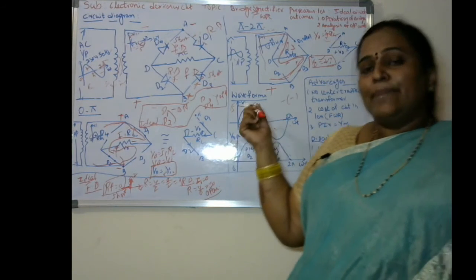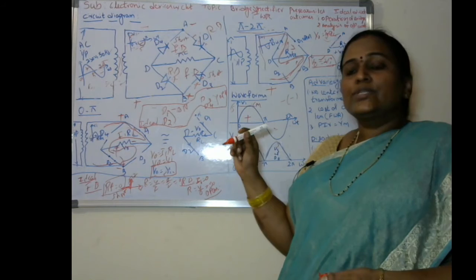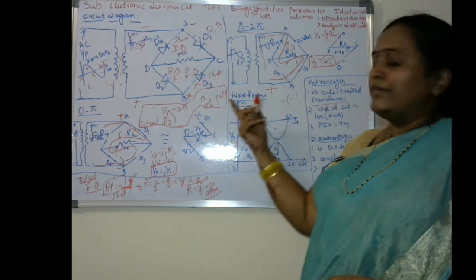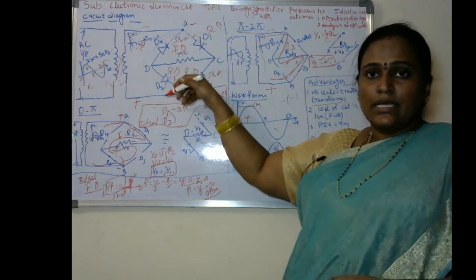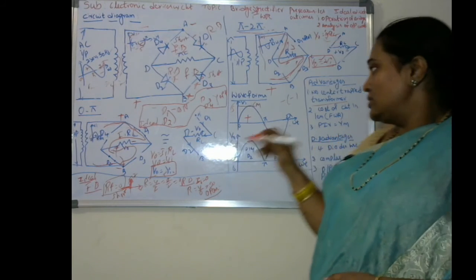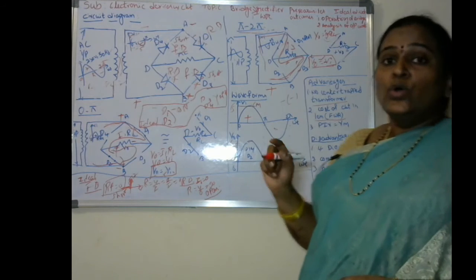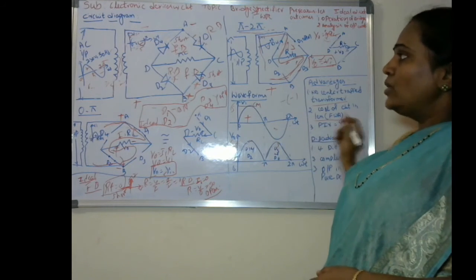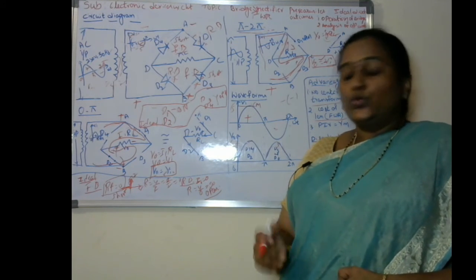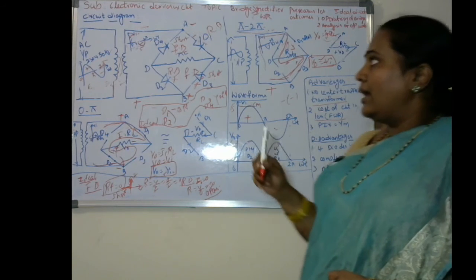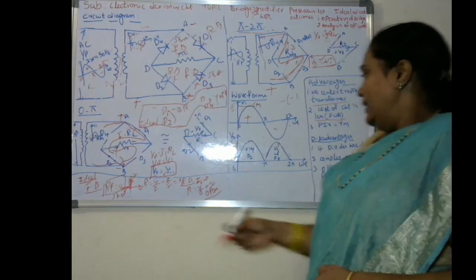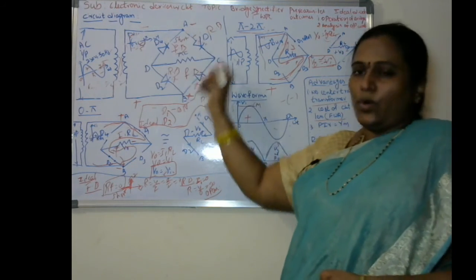So the main advantage is that in the bridge rectifier we are not using any center tap transformer. The second point is that when compared to the full wave rectifier, the cost is very less, since the diode cost is very less when compared to the center tap transformer. So the bridge rectifier is a cheaper one when compared to the full wave rectifier. Next, the peak inverse voltage is only Vm. In the full wave rectifier, the peak inverse voltage is 2 Vm. And next, the disadvantages of the bridge rectifier: we are using 4 diodes. And the next disadvantage is that the circuit for analysis is a complex one.